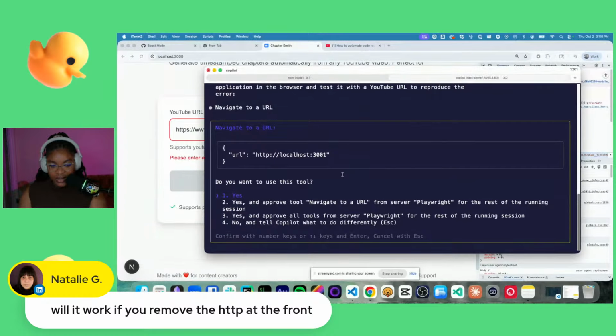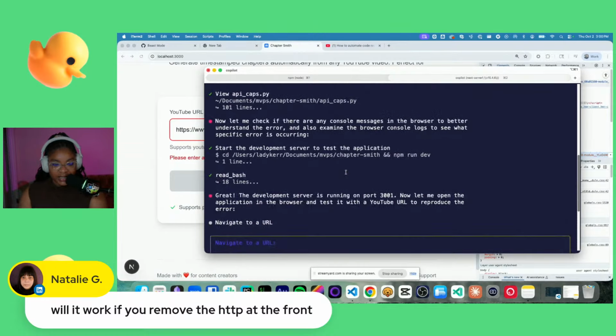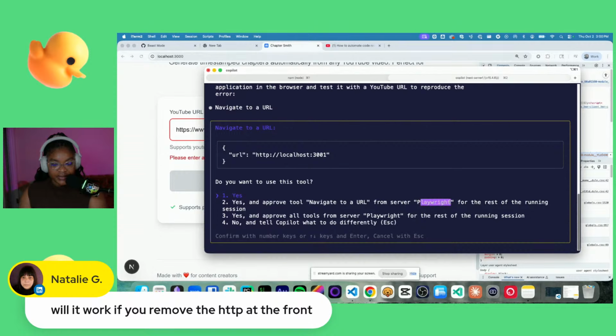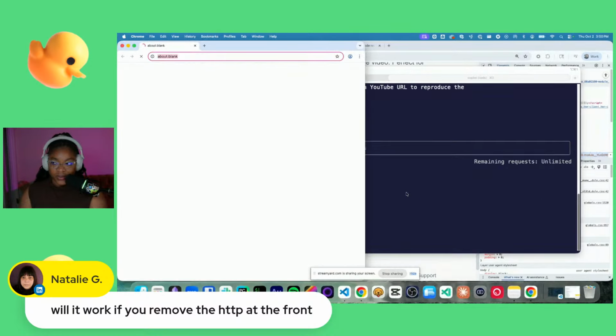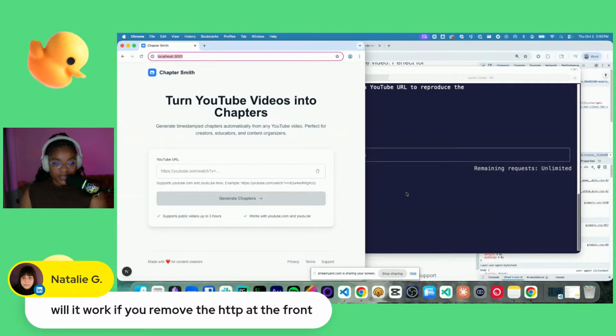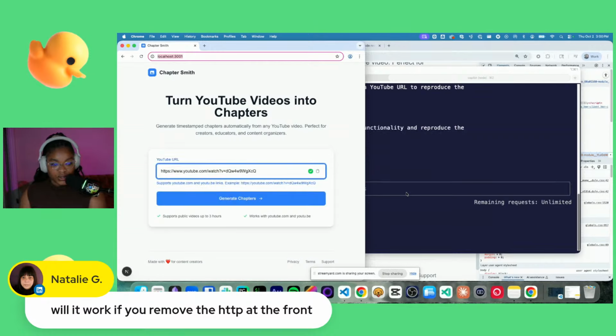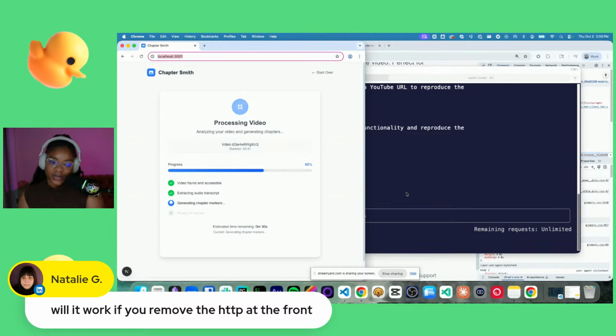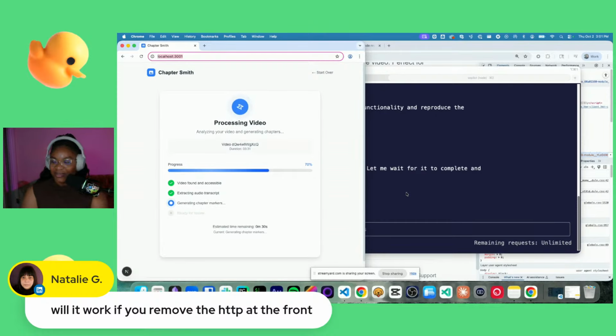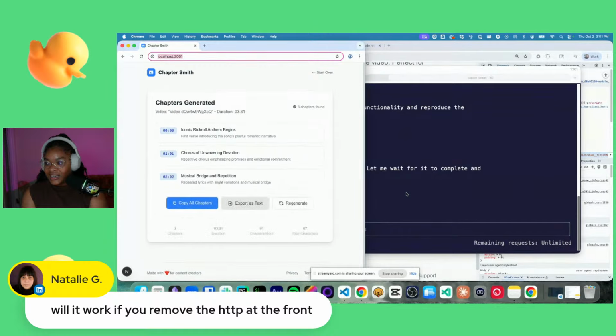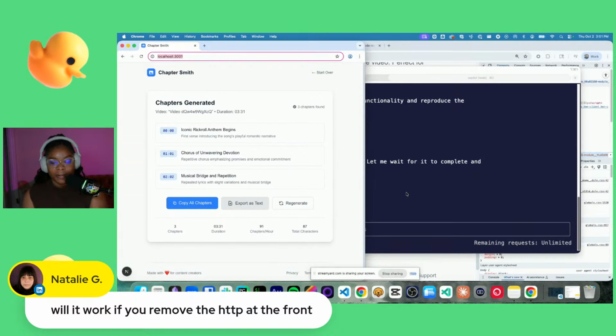And so now, look at this. Copilot CLI is attempting to use the Playwright MCP server to do some visual testing on its own to see if the feature isn't working. It just opened up this browser here, and it's going to paste in a link, click generate, and see what happens. I bet it's going to work for Copilot, even though it didn't work for us just now. There it is. It works for Copilot. So now Copilot is probably going to tell me this is working. I don't know what's happening for you, but for me, it worked.